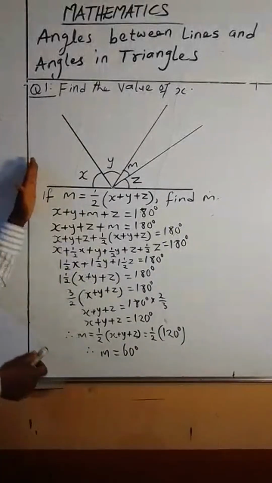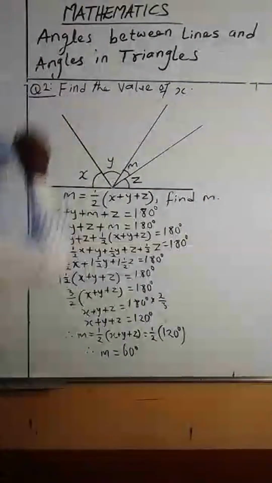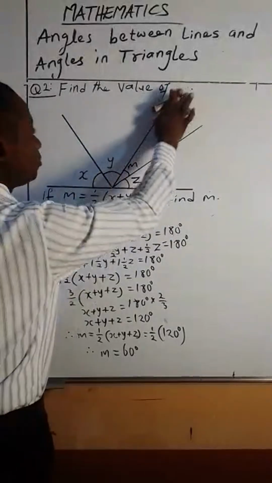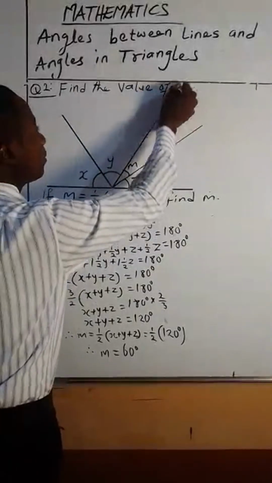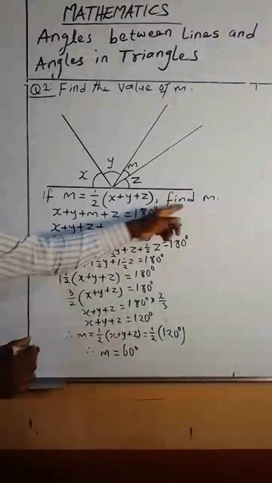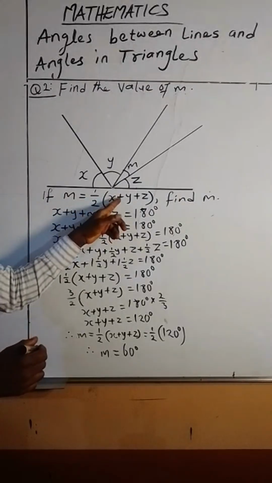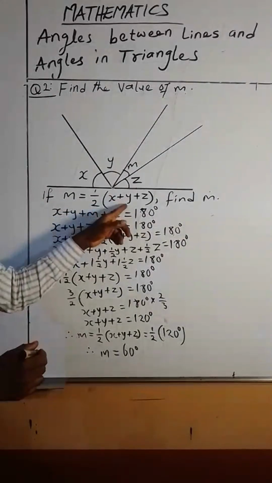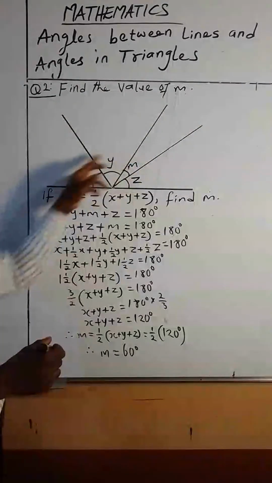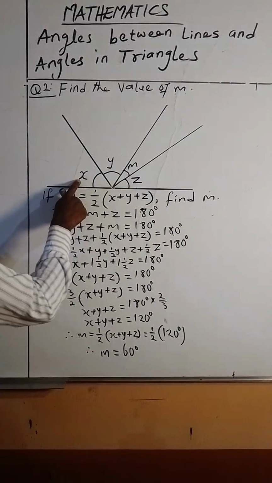So this is the second question. Please, this is not question 1. This is question number 2. Here we are told to find the value of m, when we are given m to be equal to half of x plus y plus z. And this is the diagram given to us, that the sum of x and